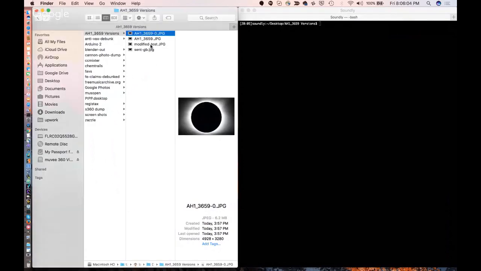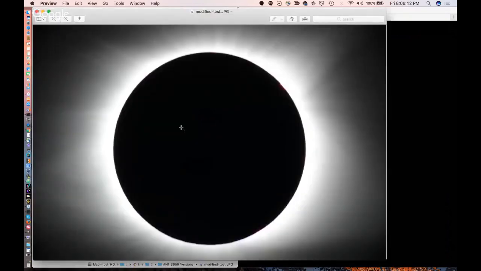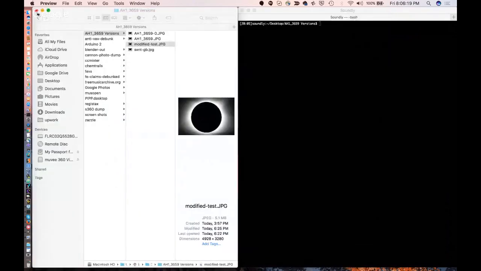Yeah, so what I did was I took the original and I actually modified it. I put a modification in here to show you what to expect if this file is modified, and you can compare it to the originals. What I'm going to do first is run this compare tool, and I'm going to compare